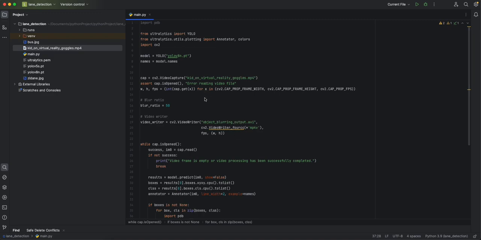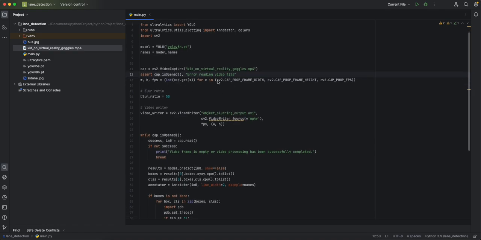Okay, so let's go through the rest of the code, and then also, I made a minor change to blur just the goggles, and we'll see how we can do that and what is the outcome of that. So after this line of code, which we discussed in the last video,